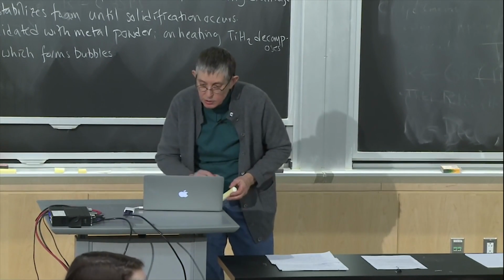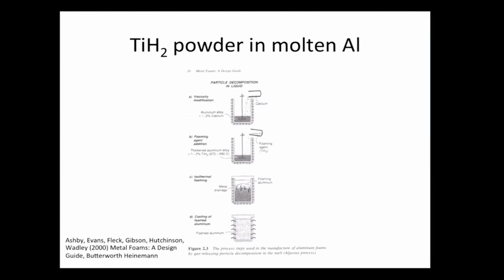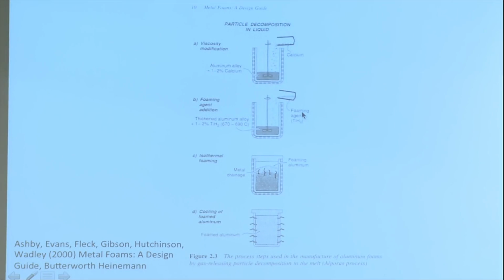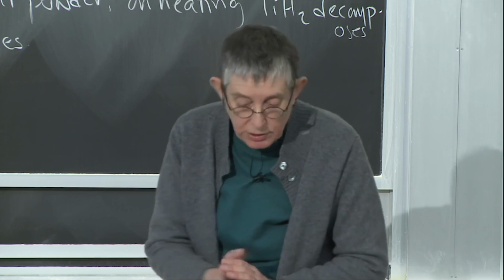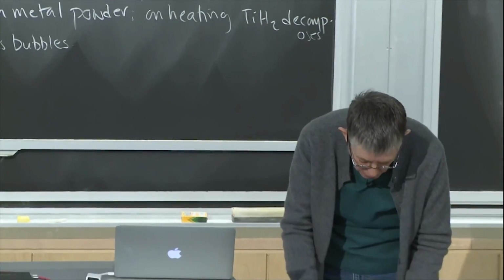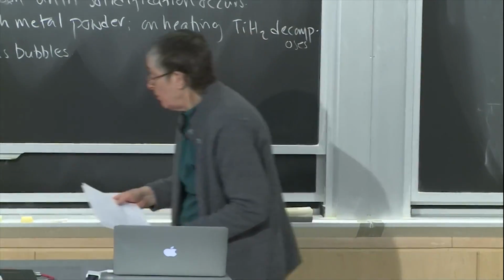Here's another way to do it. You can also make use of this property of the titanium hydride, that it'll decompose and form hydrogen gas, by just putting it into molten aluminum. In this example, you've got an aluminum melt, and this time they've added 2% calcium to it, again to adjust the viscosity. Then they add the titanium hydride in this step, and they've got a little mixer here that's spinning around to mix it. Then they'll put a lid on it to control the pressure, and the titanium hydride will decompose, the hydrogen gas will evolve, and you'll get the foam made by that method too. So you can stir titanium hydride into a molten metal as well.